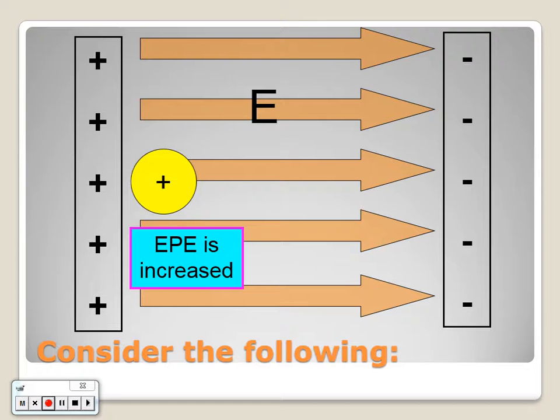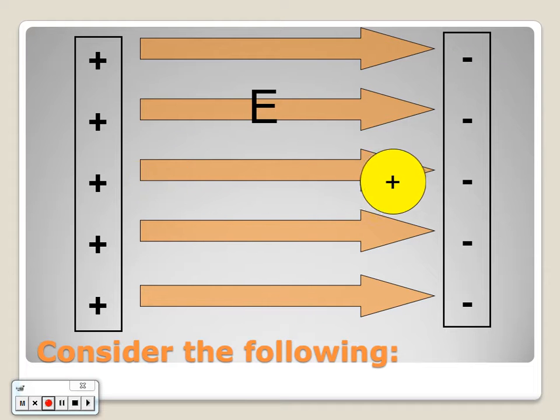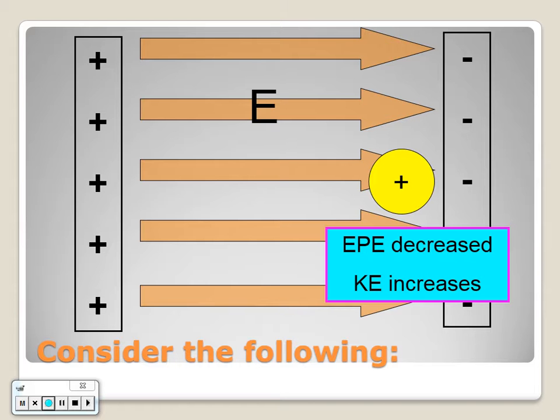But does this proton like being there? Nope. If I let it go, what's going to happen? Come back. It's going to move back. From an energy standpoint, what's going to happen? It loses what kind of energy? Electric potential, but if it's going to lose electric potential energy, what has to happen? It has to gain kinetic, right? So I move it this way, and the electric potential energy decreases, and the kinetic energy would then increase, right? Does that make sense? Okay, so